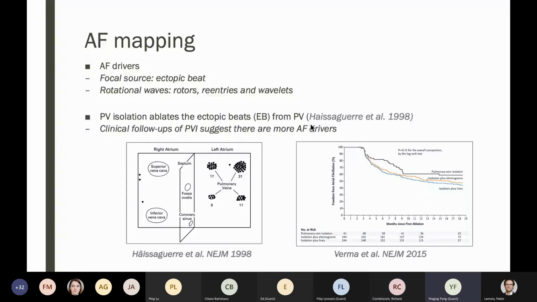Okay, so it's more than a black and white effectiveness of a PVI procedure, because you can do a PVI procedure and then maybe drugs can help to terminate AF, or maybe pacing. Yeah. All right. Thank you. We are a little